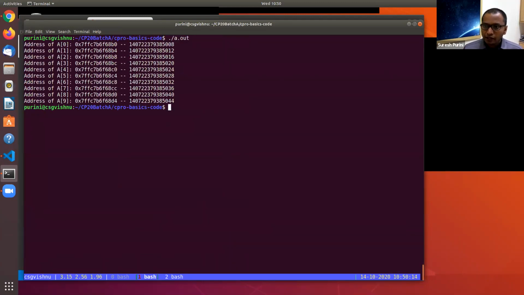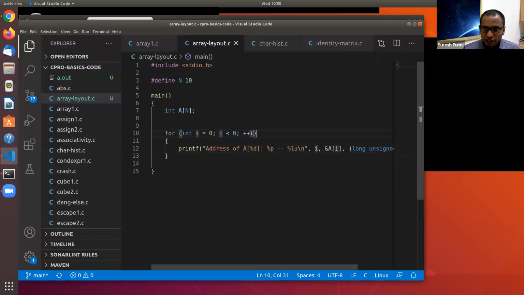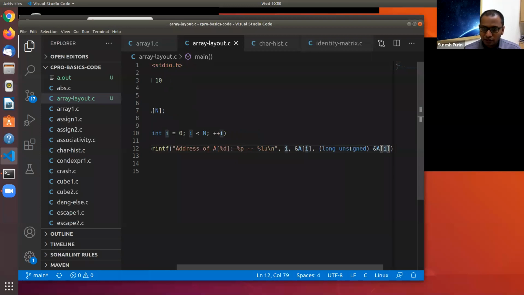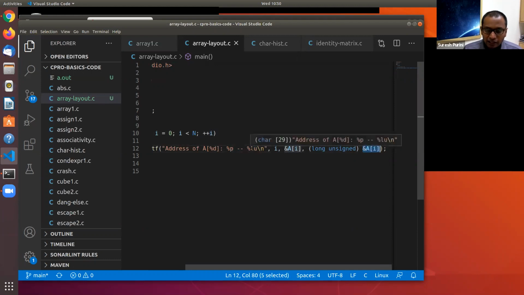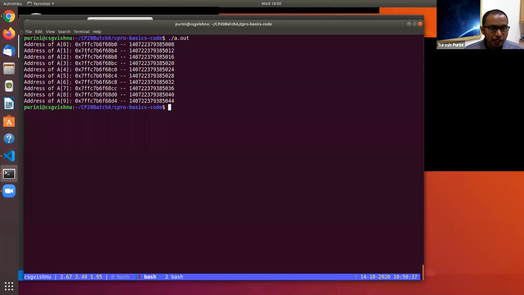Now we used it. You can see we are printing the address of the array element a of i in two ways, one in hexadecimal format, other in decimal format. And you can see the address of a of 0.